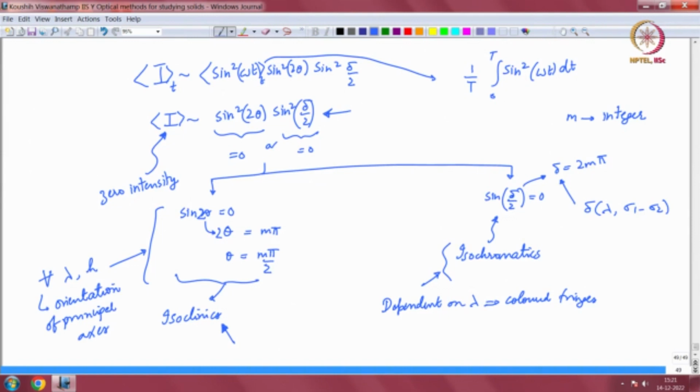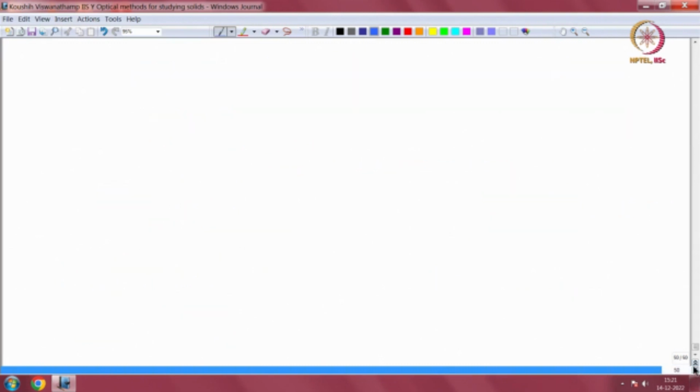And notice also that the delta, as we mentioned, depends on the wavelength. So, typically if you use white light, the isochromatics you can see as colored fringes, and the isoclinics are always black, because they do not depend on wavelength. Okay. So, now let us continue from here, and let us go about this business of actually identifying